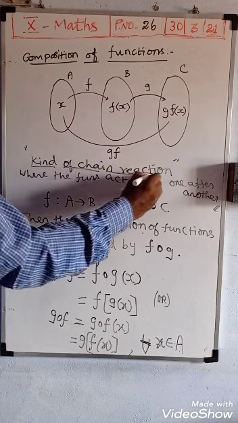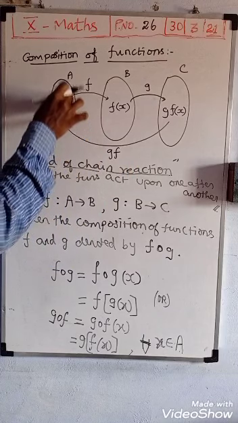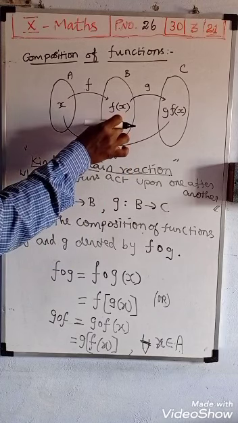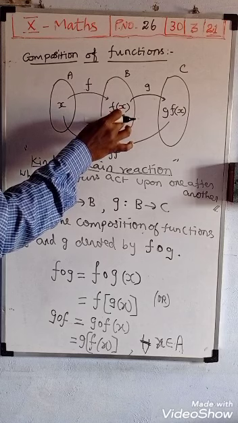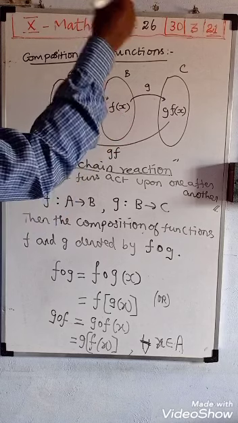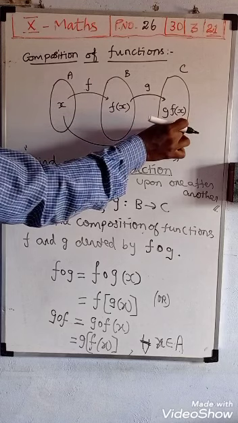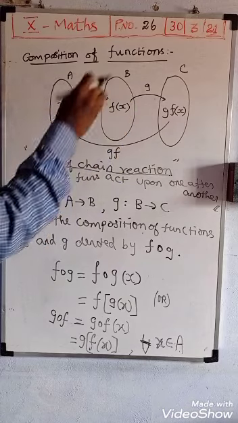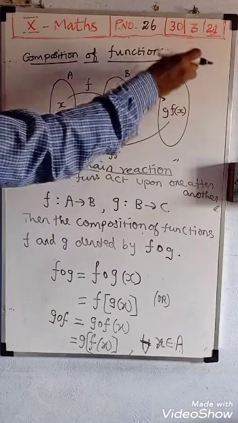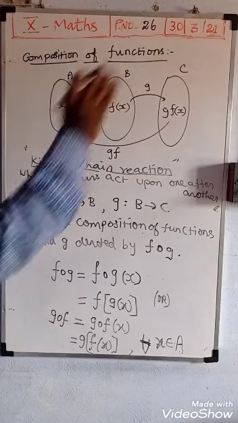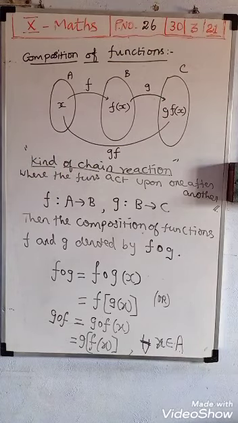Okay, it is a kind of chain reaction. Yes, because first to this x value we are applying function f. So after receiving the function f, you are substituting it into the function g. Okay, like that it is going on. We are taking here 2 sets, now here 3 sets. Then we can take 3 sets, 4 sets, 5 sets, like that, etc. How many sets also we can choose.